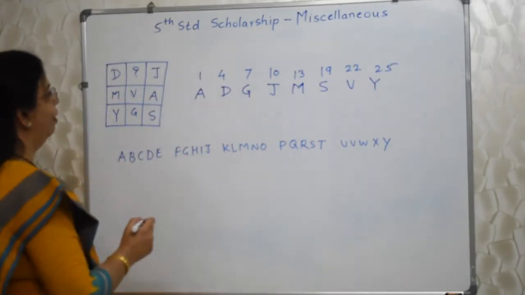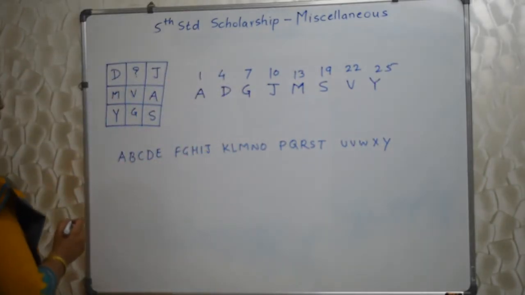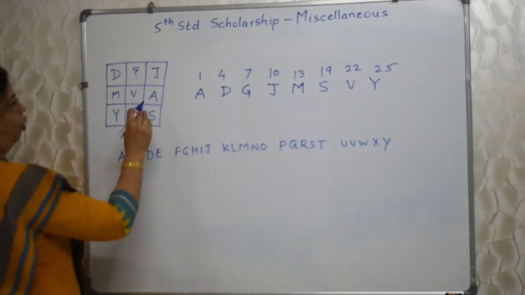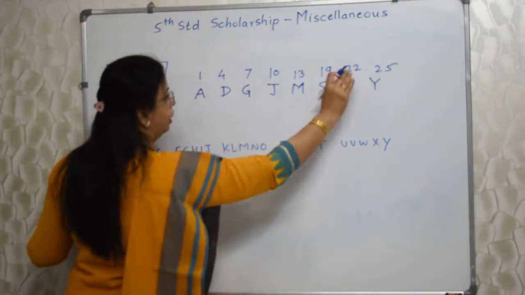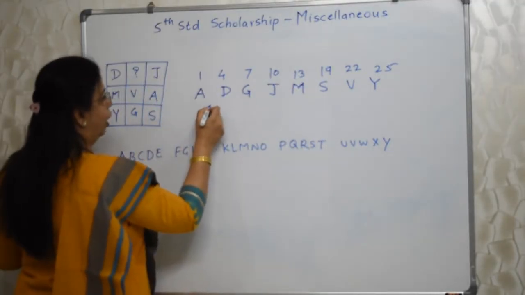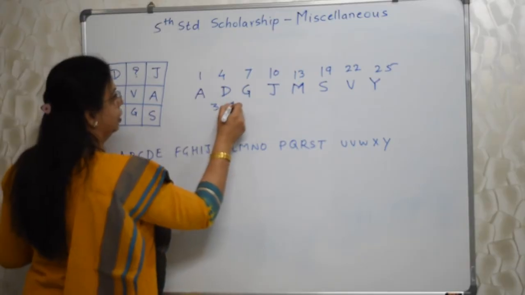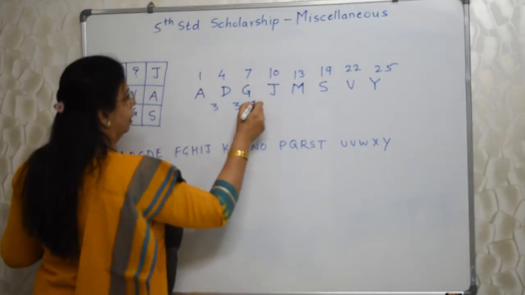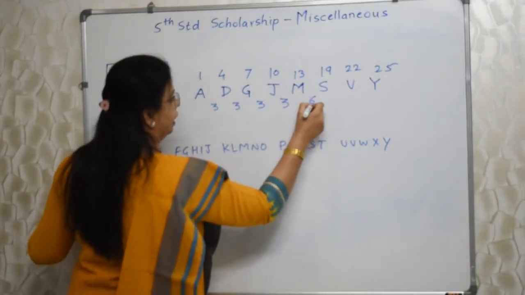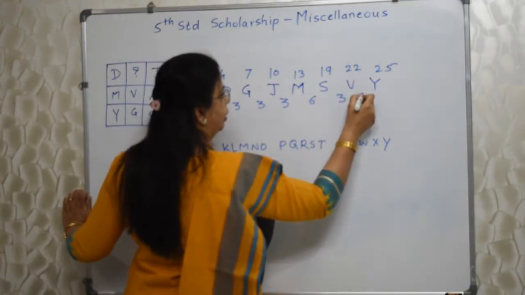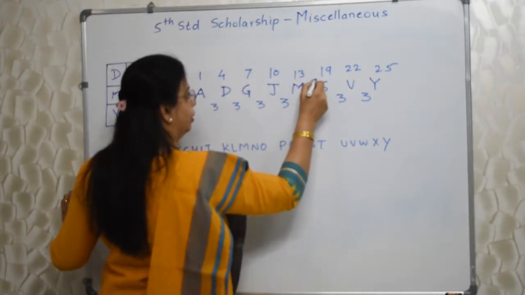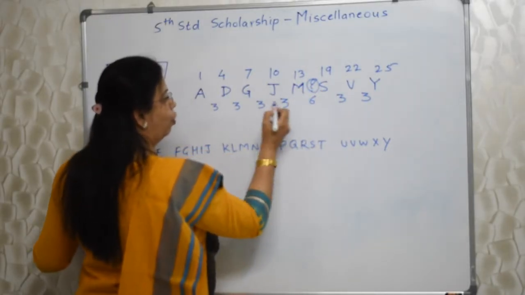Now since we have assigned numerical values to these letters, we can find out some relation. See, observe these numbers, they are gradually increasing. So find out the difference. 1 and 4, how much is the difference? 3. 7 minus 4, 3. 10 minus 7, 3. This is also 3. Here it is 6. Here it is 3. Here it is 3. So the question mark must be here, because here the gap is more.